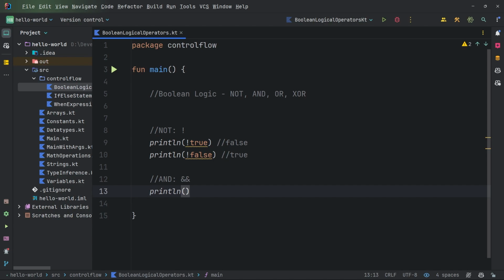So for AND, remember, both of them have to be true. So for example, if we do false and false, the result of this should actually still be false because both of these have to be true for an AND operation here. So it should print out false. So if we just go ahead and run this now,